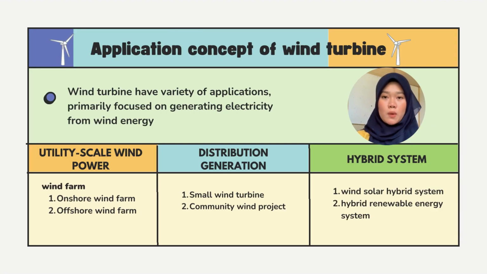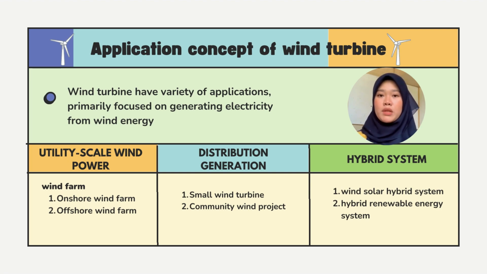So let's move to the next topic. The next topic is the application concept of wind turbines. Wind turbines have a variety of applications, primarily focused on generating electricity from wind energy. First, wind turbines can be applied to utility-scale wind power. Utility-scale wind power involves the development of wind farms, for example, onshore or offshore wind farms. An onshore wind farm can install multiple groups of wind turbines to generate electricity for the grid